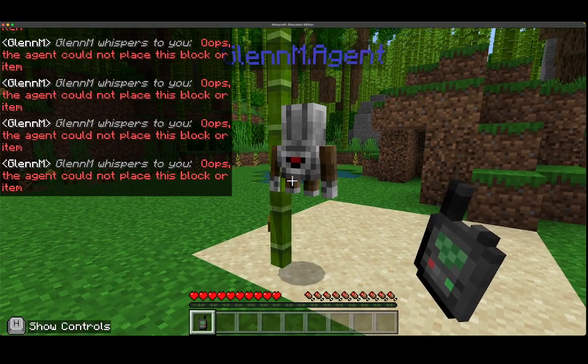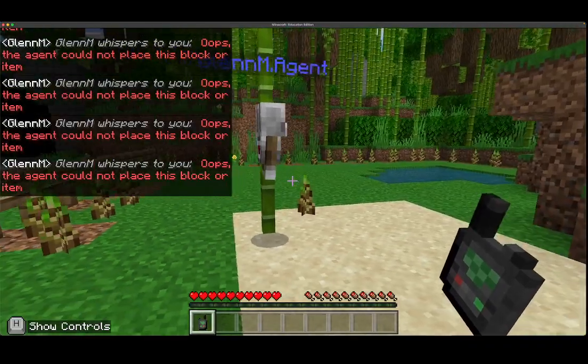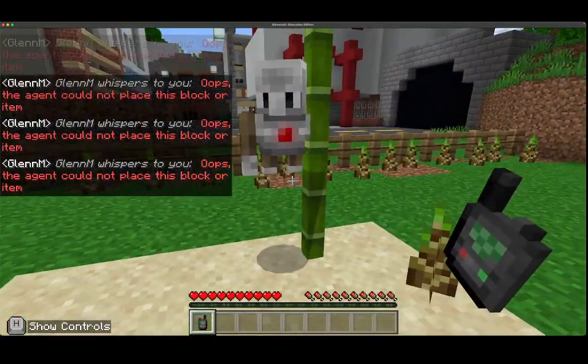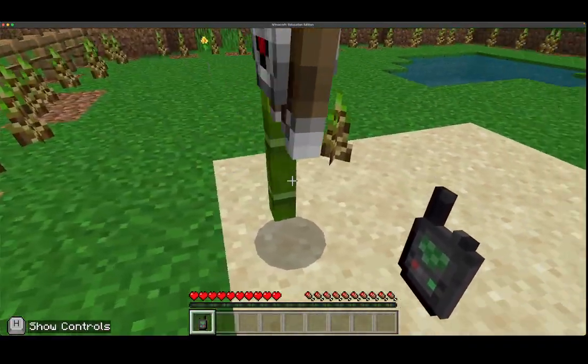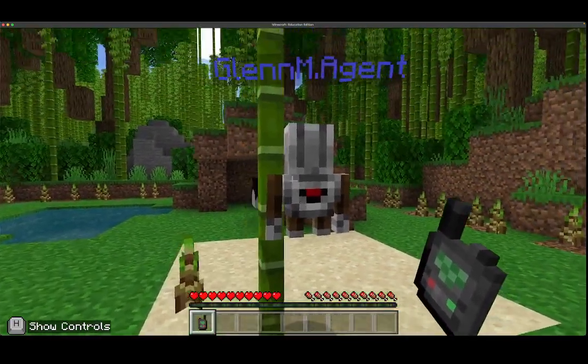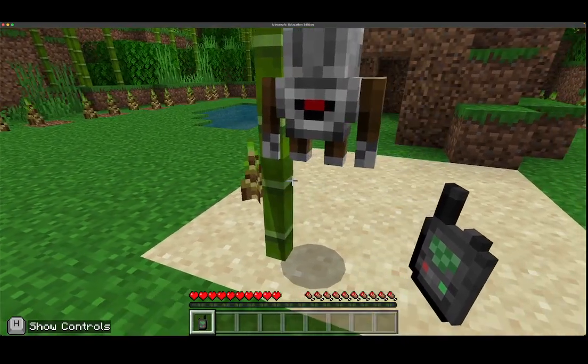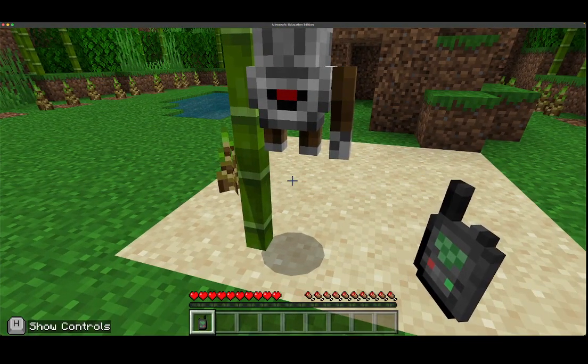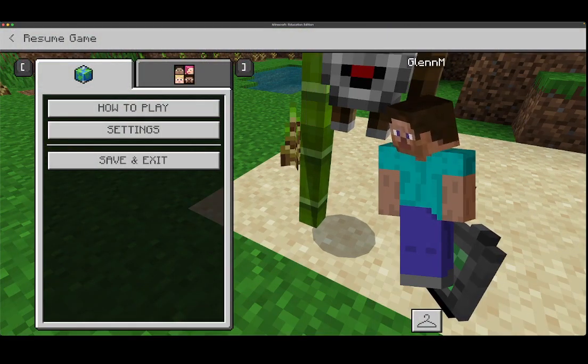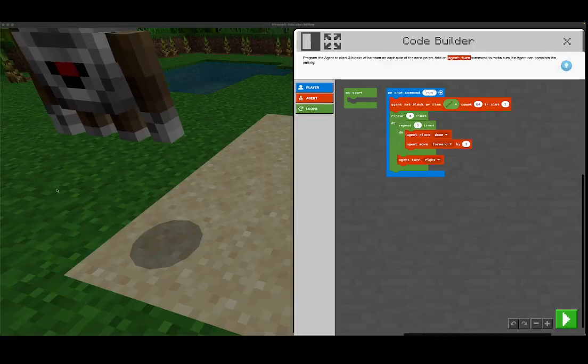Oh, can you see? So the bamboo is here. It needs to place 3 blocks while it's moving. So does this seem correct? I don't think it is. Right, I'm going to go into my code, and I'm going to just pause this, and I'm going to show you what it looks like in a second. So here's my